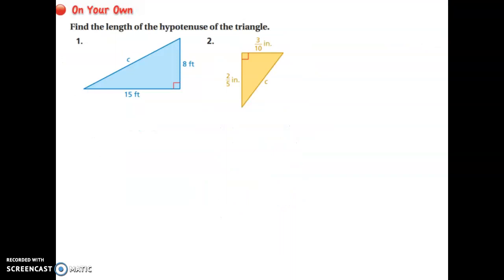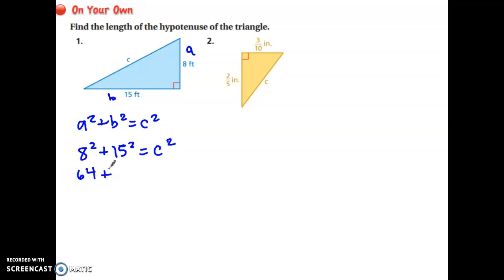Go ahead and pause the video and give these a try. So here it says, find the length of the hypotenuse of the triangle. So we're going to use the same method that we learned in example 1. A squared plus b squared equals c squared. I'll make the 8 a and the 15 b. So we have 8 squared plus 15 squared equals c squared. Here we're going to have 64 plus 15 squared is 225